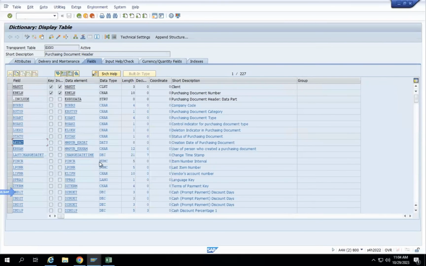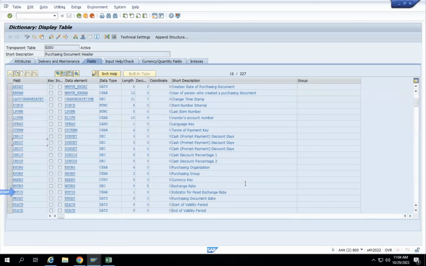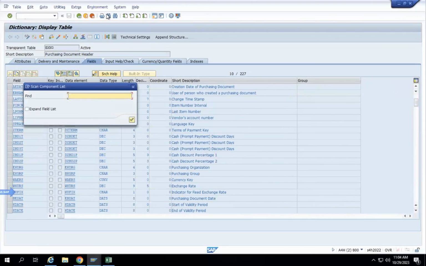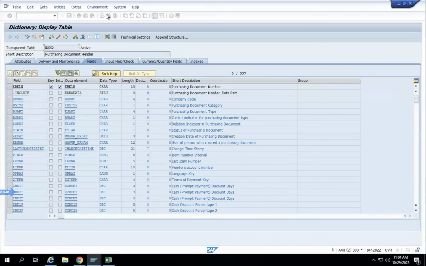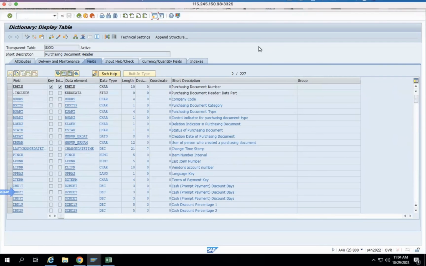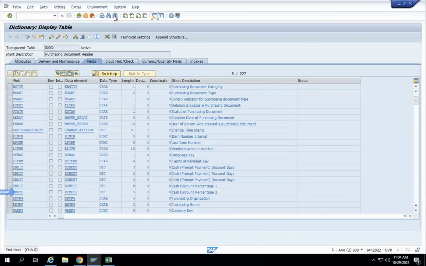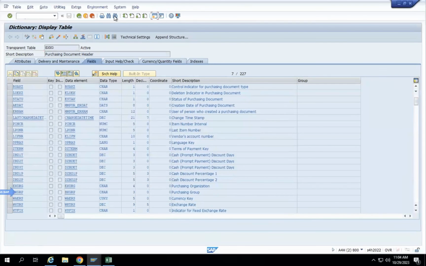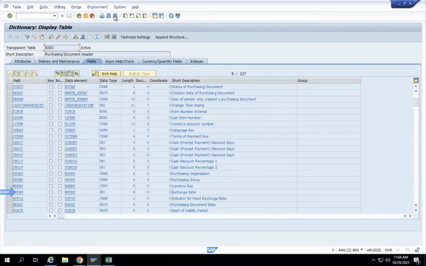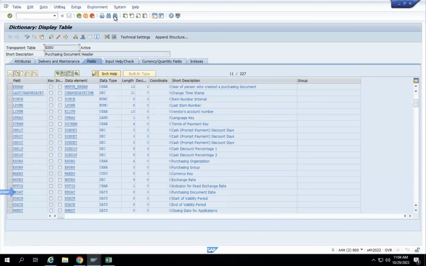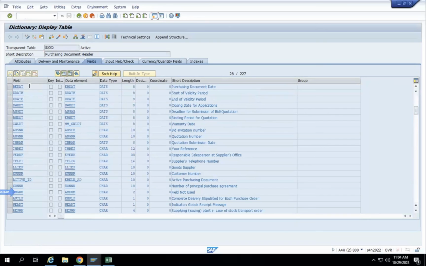Okay, you can get the creation date, and there is a field called AEDAT. Yeah, this is the purchasing document date, BEDAT. So you might get a doubt: Ganesh, what is the difference between